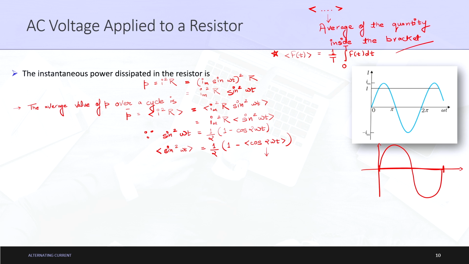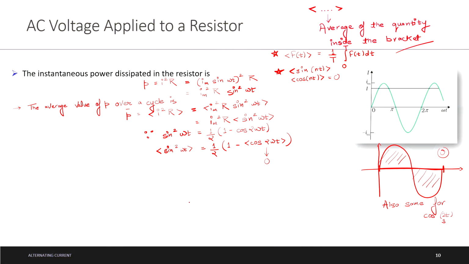for the complete time sequence, we are trying to integrate it. So the addition of this plus the addition of this, what will be the sequence here? This will be nothing but equal to 0, and the same thing also happens for cos. It does not depend on whether it is t or 2t or 3t. For all, let me write one more star mark here: sin nt and cos nt over its particular time period is nothing but equal to 0. Hence this value is 0, and therefore what we get is